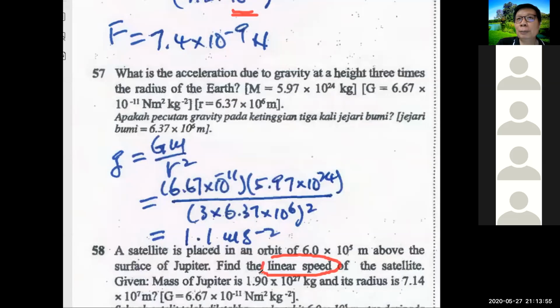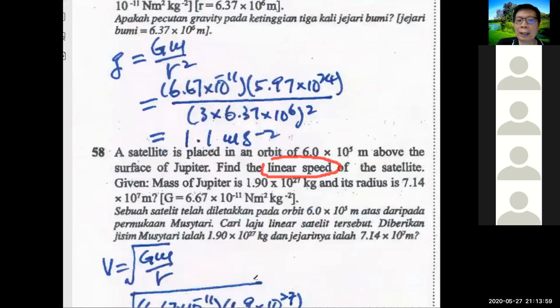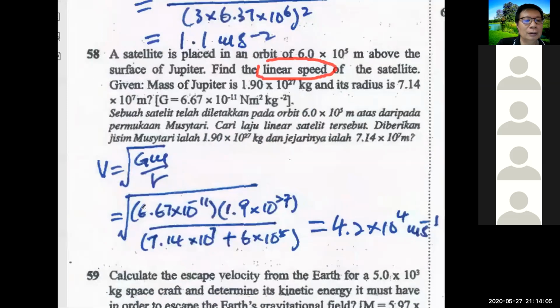To find the speed, V equals square root of GM over R. Do you see the formula? Put the values inside, so you get the answer. Capital G value, the mass value, and the distance. For the distance here, you must find the total distance, or must include the